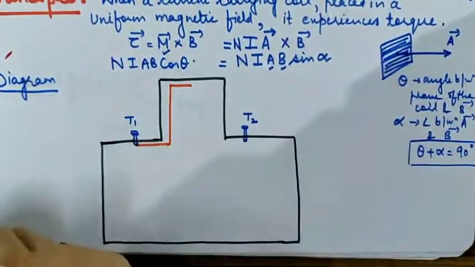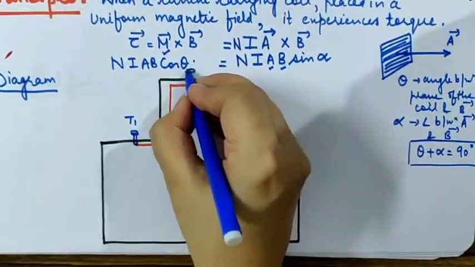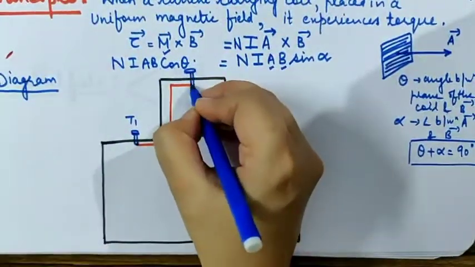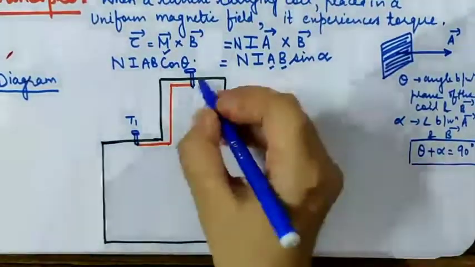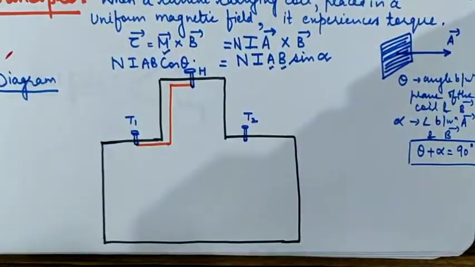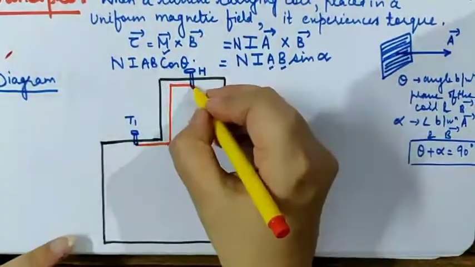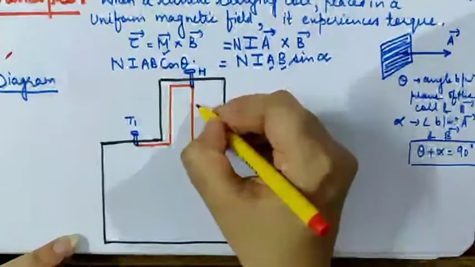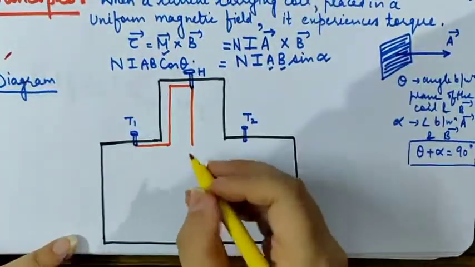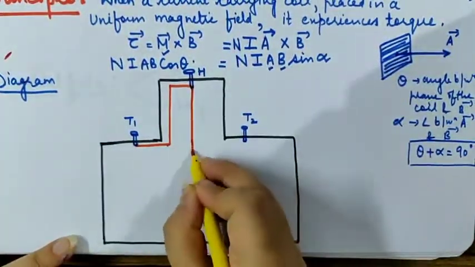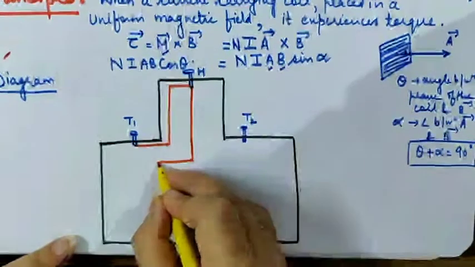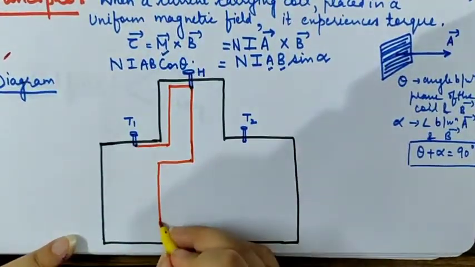Here we have a torsional head. The torsional head is a kind of screw that moves in the given direction. It is written as H. Now again drawing the wire. This portion of the wire is made up of something I'll tell you later. First of all, we'll draw the diagram. Then the wire goes here and curls a bit like this.